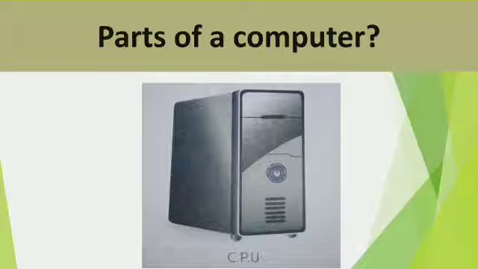Most common hardware in the desktop computer system are Central Processing Unit, that is CPU. Do you know, students, that the CPU is a combination of internal parts of the computer such as the motherboard, memory and processor. It is often referred to as the brain of the computer, students.